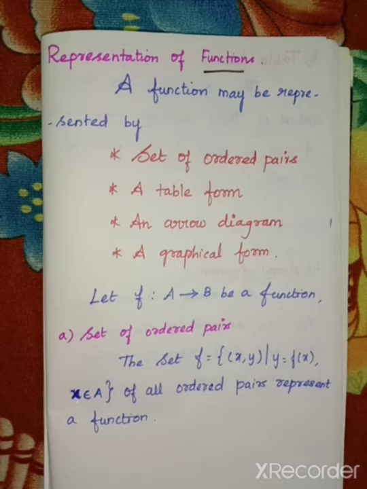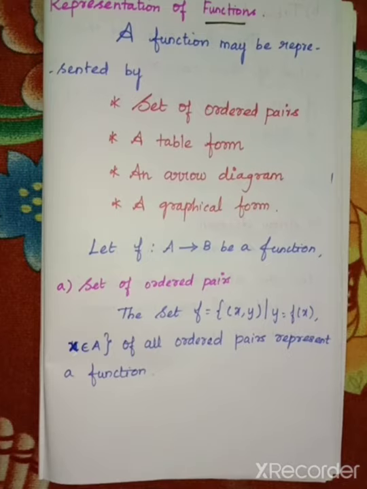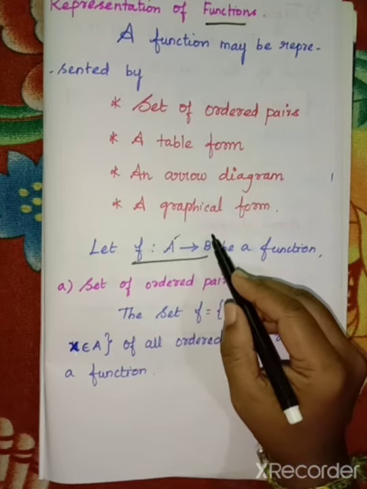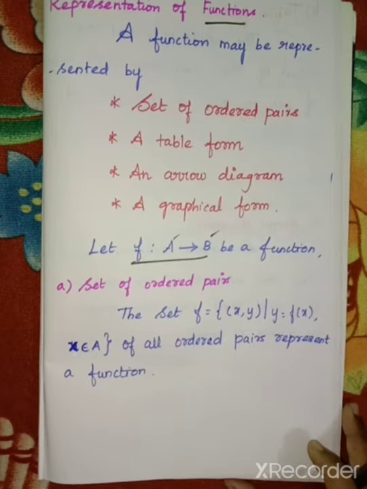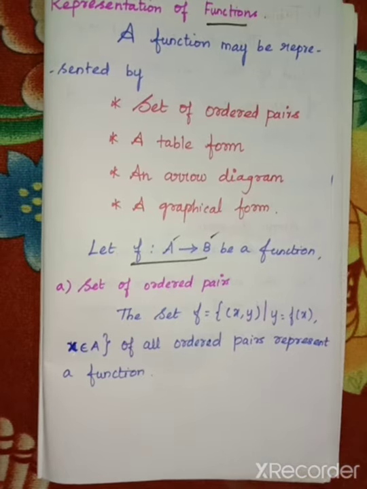So here already we know that for the representation of a function, the function must be from one set to another. So here consider let f be a function from A to B. If they give us f from B to A, then you have to first take the B set and second the A set. Here the condition is A as the first set, B as the second set. So the first subdivision for the representation of a function is set of ordered pairs.